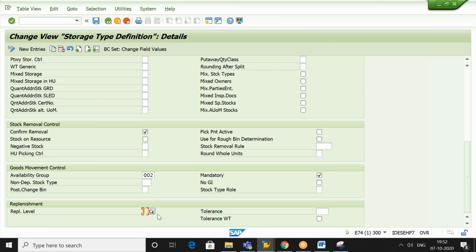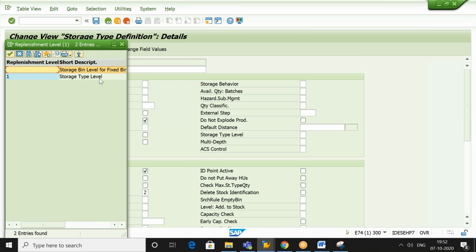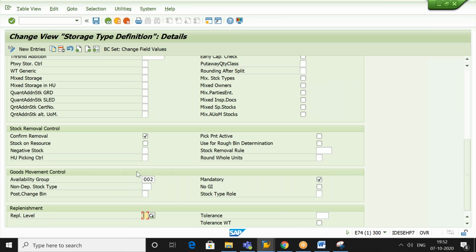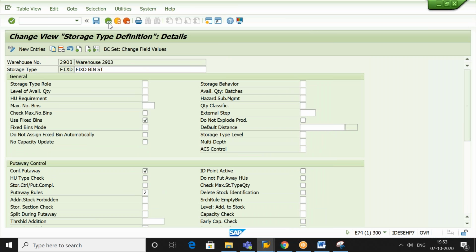This is an important field here, the replenishment level, where you are doing replenishment, at bin level or storage type level. This will be decided here, last in the replenishment tab. This is required. The remaining all as it is, no issues. Apart from this,